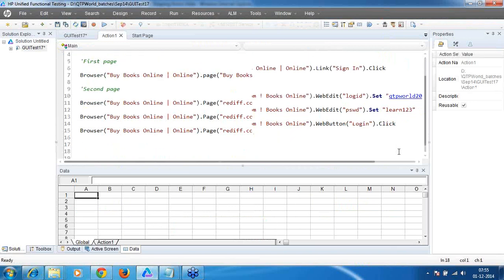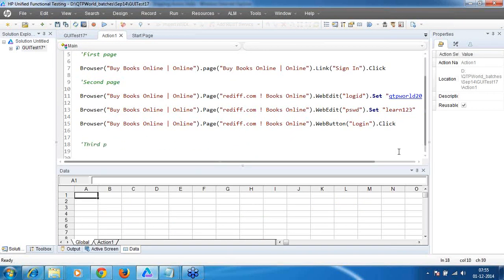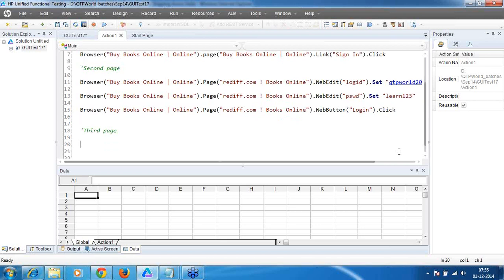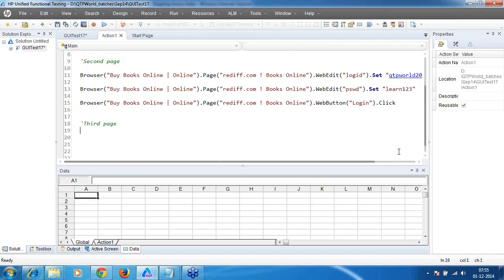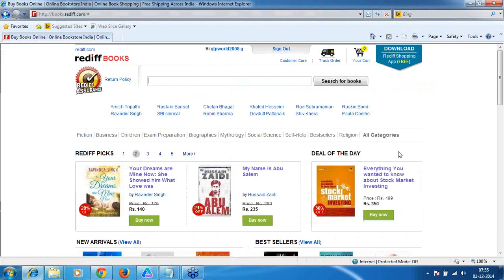This is the most important point, guys. Till here, till the 15th line of code, we are happily navigating. We have not tested anything till now. The only testing we can do now is whether this user is there or not, and if he is there, we can say the test case is pass. If the user ID is not there, the test case is fail. And finally, click on sign out and close the browser.